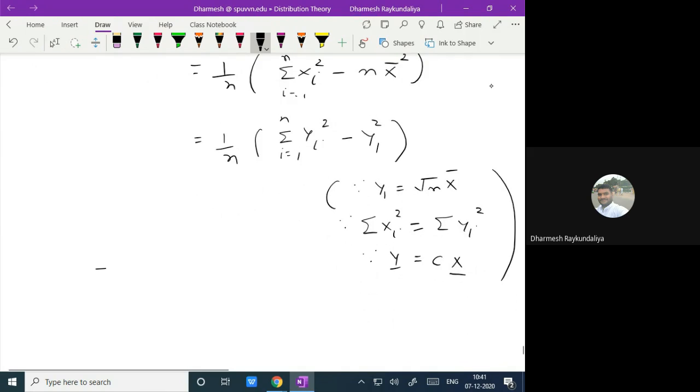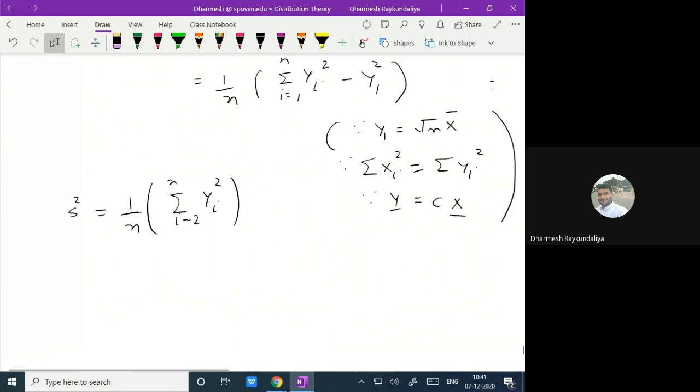So we can write s square equal to 1 upon n summation i running from 2 to n yi square, because y1 square is subtracted. So we wish to find the distribution of